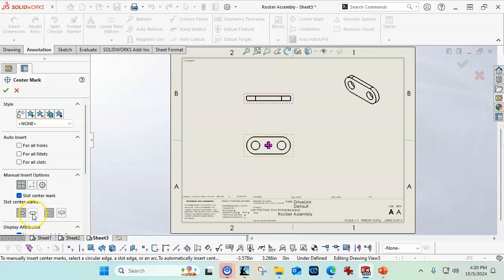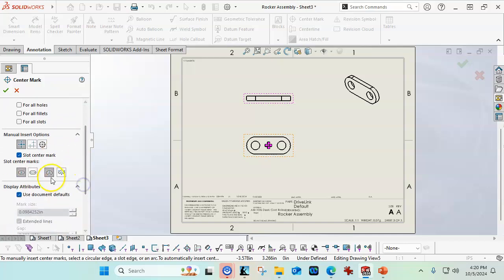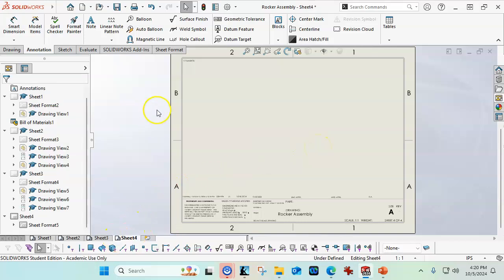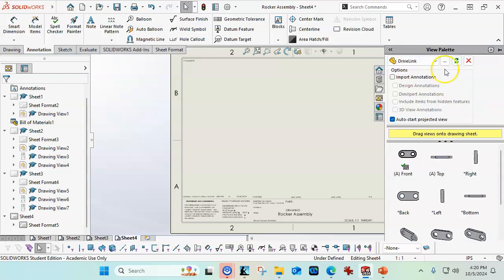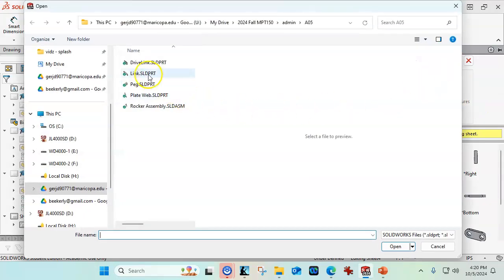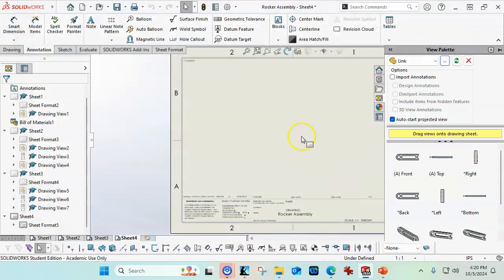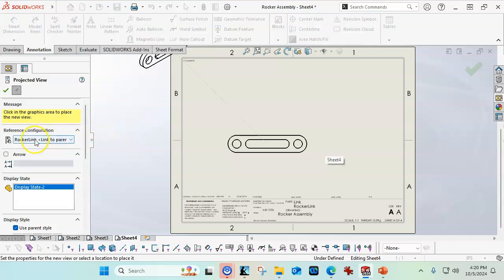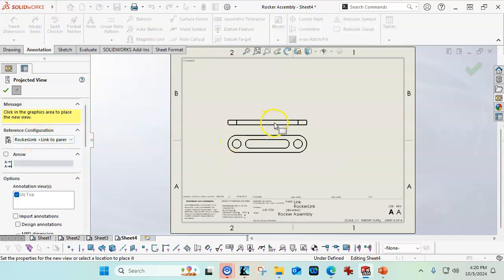And it shifted. All right, so the slot, it still sees it as a slot, but for the round. There we go. And it's okay, I guess, that it leaves it in the center. We'll probably see that again. And if we stay with the view palette, then I will go to the link, and we are in the rocker link